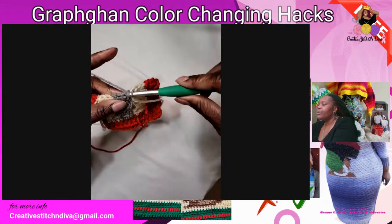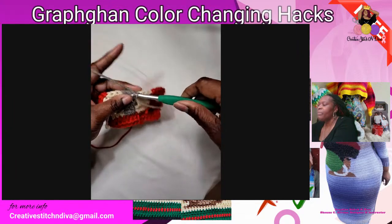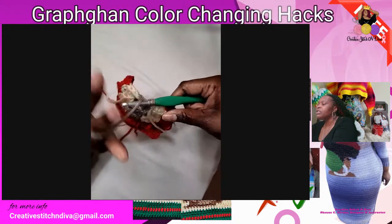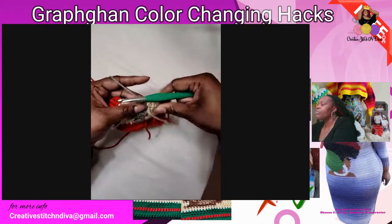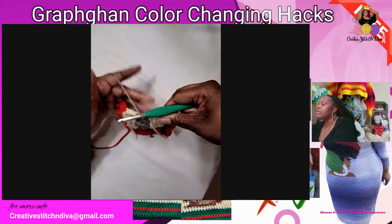Yarn over, put through the stitch. So you're going to pop it in, yarn over, pull through that first one, yarn over, and pull through all three. So yarn over, go into that next stitch, pull up a loop, yarn over, pull through that one, yarn over,